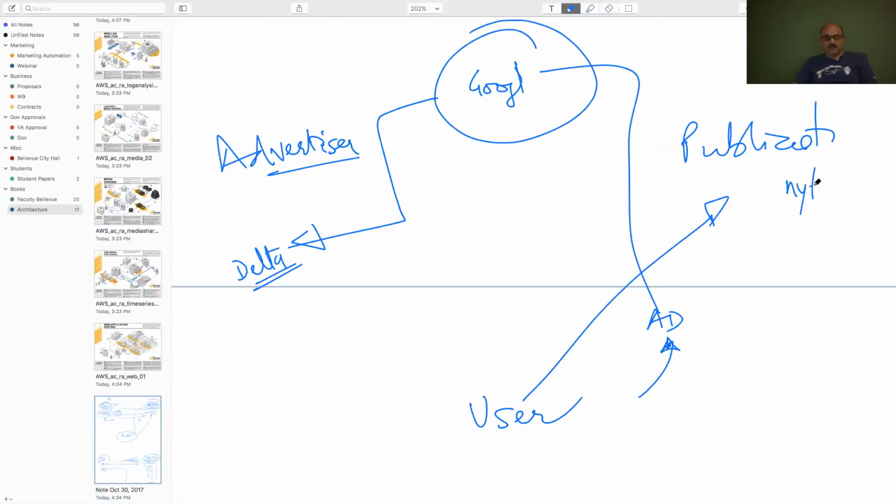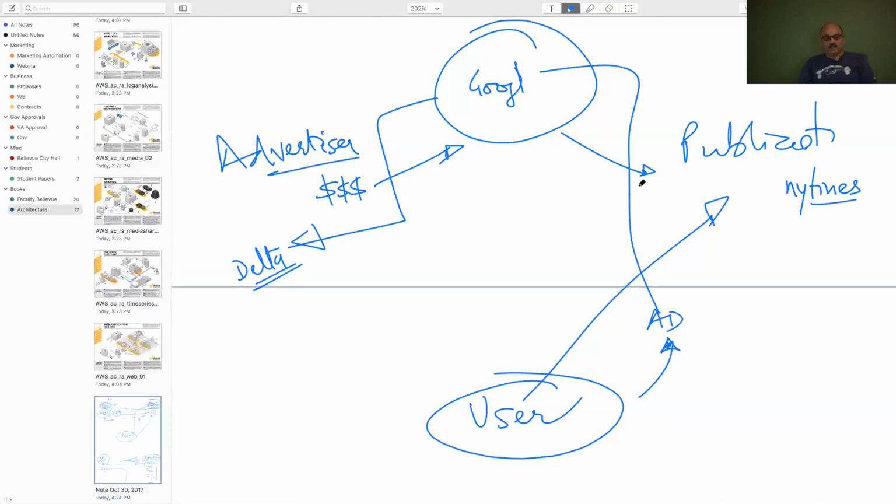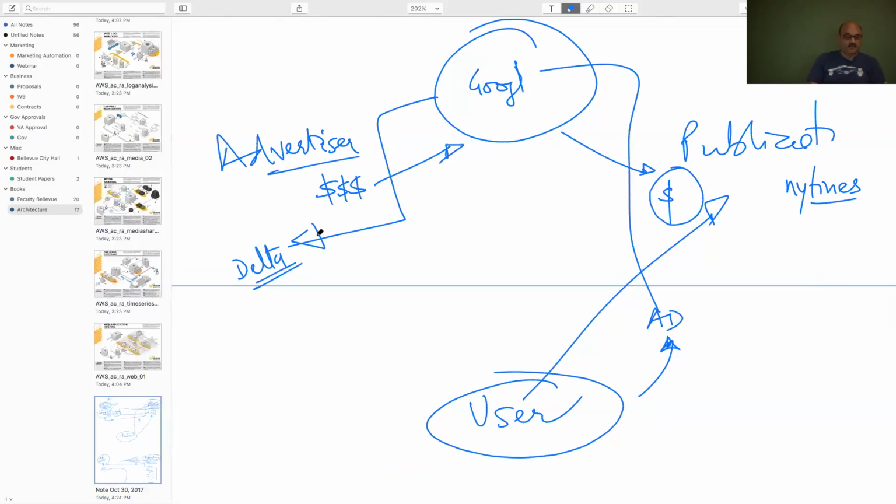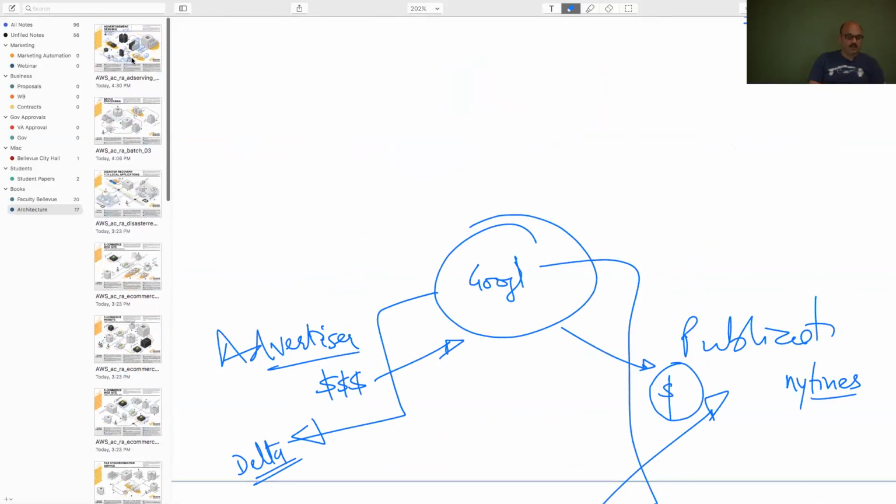Publication is NY Times. And I am the user, and Google is the company that is making most of the money because these guys pay them a lot and these guys get a trickle. So that's the business scenario. Now, in terms of understanding what constitutes big data, because that's the next idea right here in this picture,